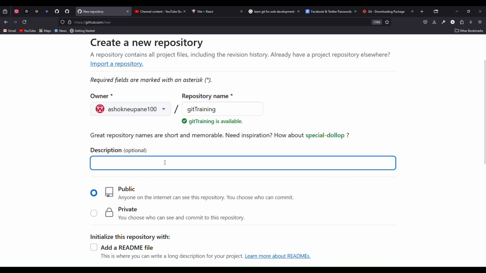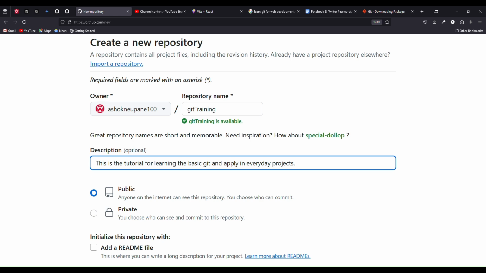You can add a description, optional. Here it is, this is the tutorial for learning the basic git and applying it in everyday projects.